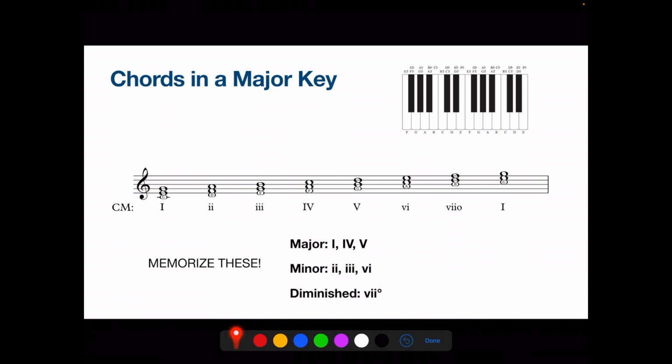So even though it's a major key, when we add those notes on top of the notes in the scale, we are actually getting different qualities in terms of each of these chords. So the very first one, C, E, G, you get a major chord. So this first one is a major, and the second one,